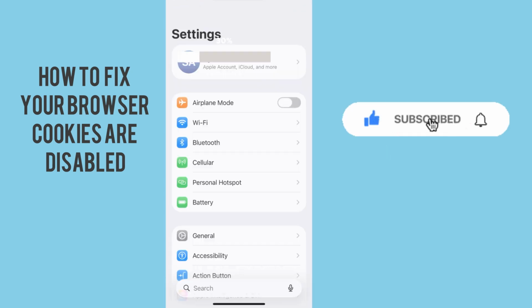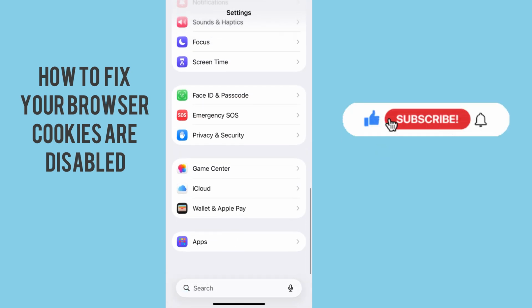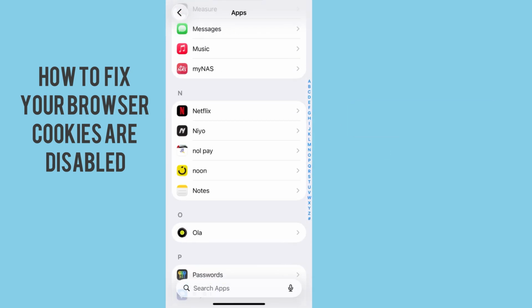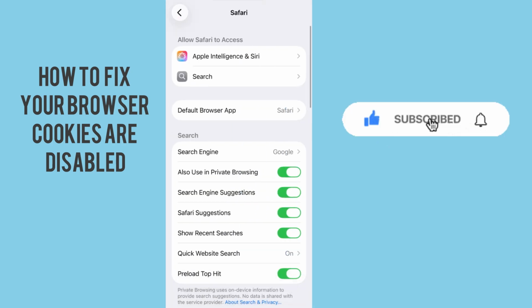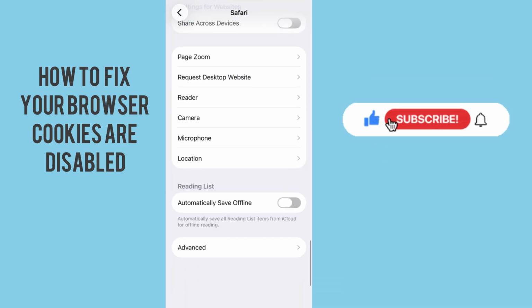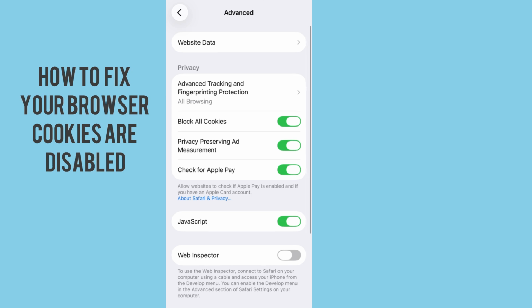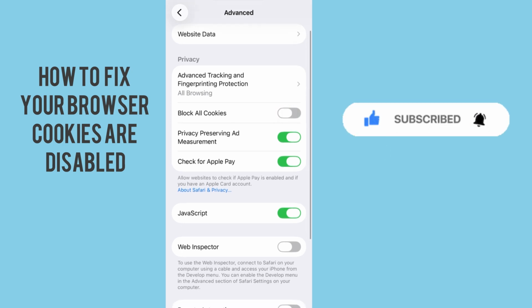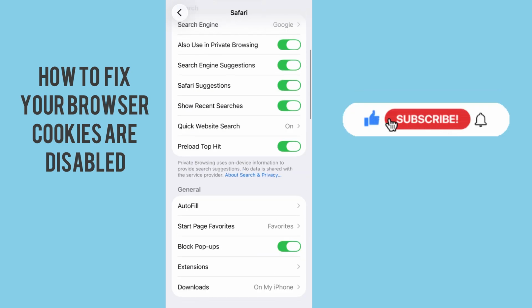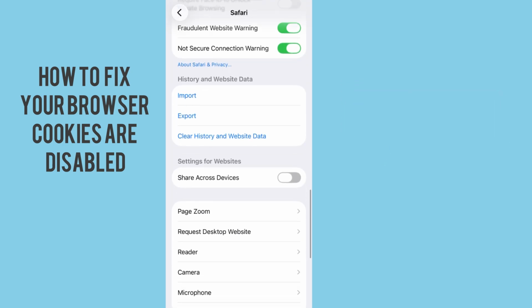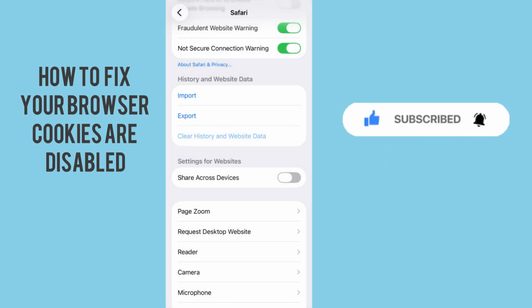So go to settings, scroll all the way to apps and find Safari. Under Safari you have to find advanced settings and block all, just turn off this block all cookies, because this is usually ad blockers, and make sure to clear the history and cache. And once this is done, let's go back to Reddit